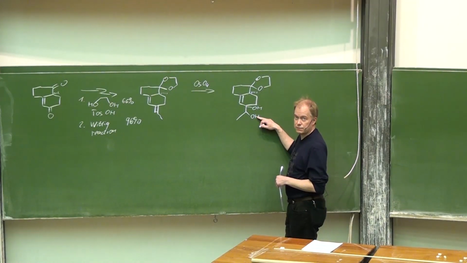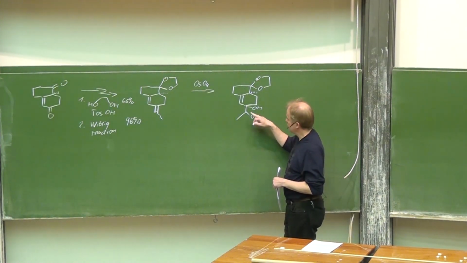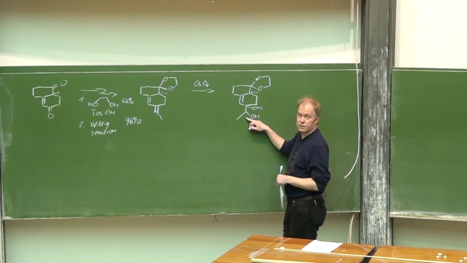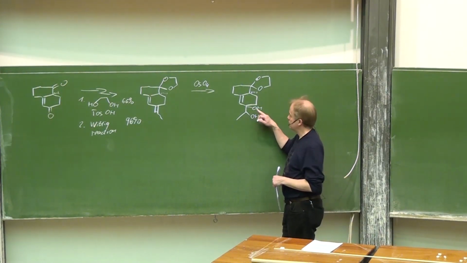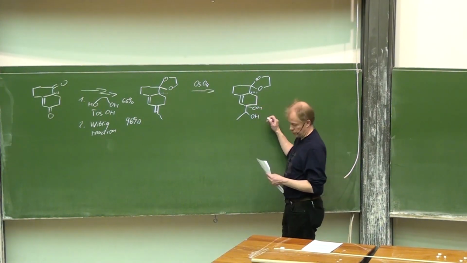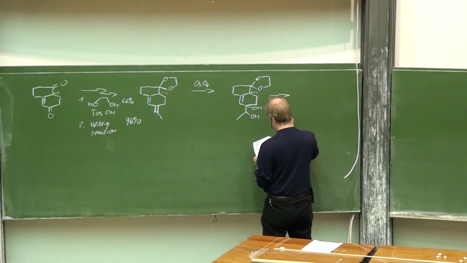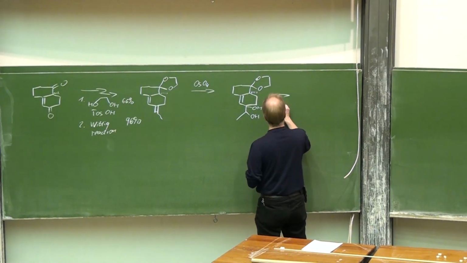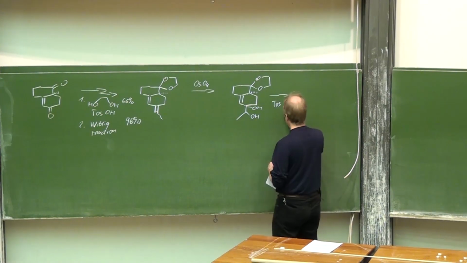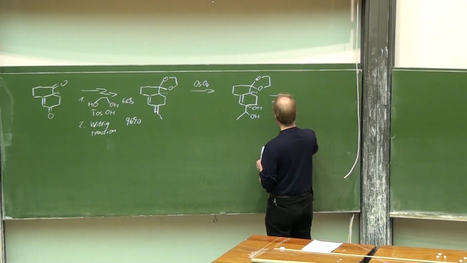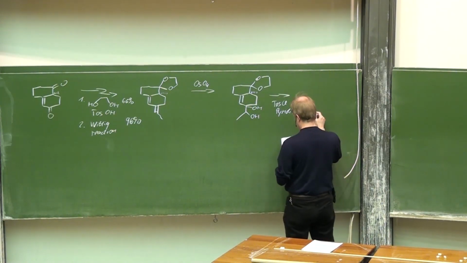You have selectively transformed the secondary hydroxyl group into a leaving group. Well, no problem, because this is sterically more hindered. Therefore, the combination of paratoluene sulfonic acid chloride, pyridine as base,